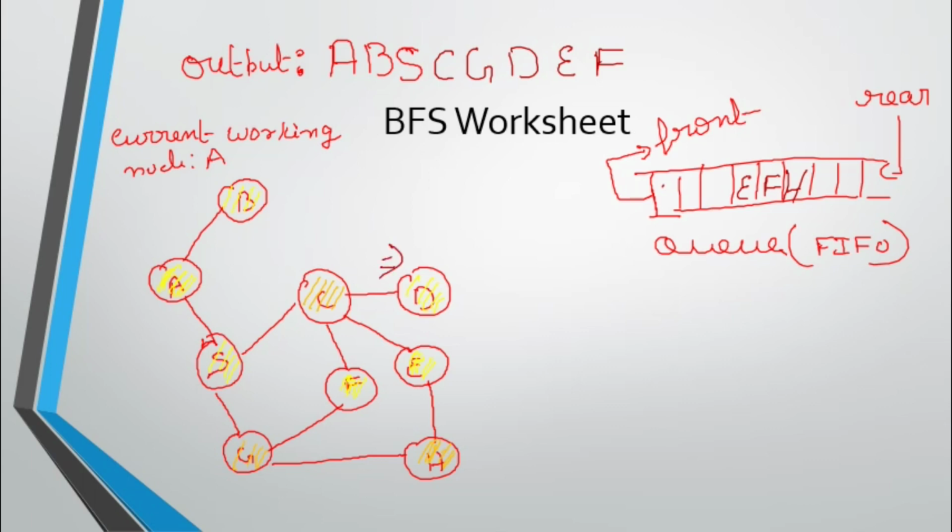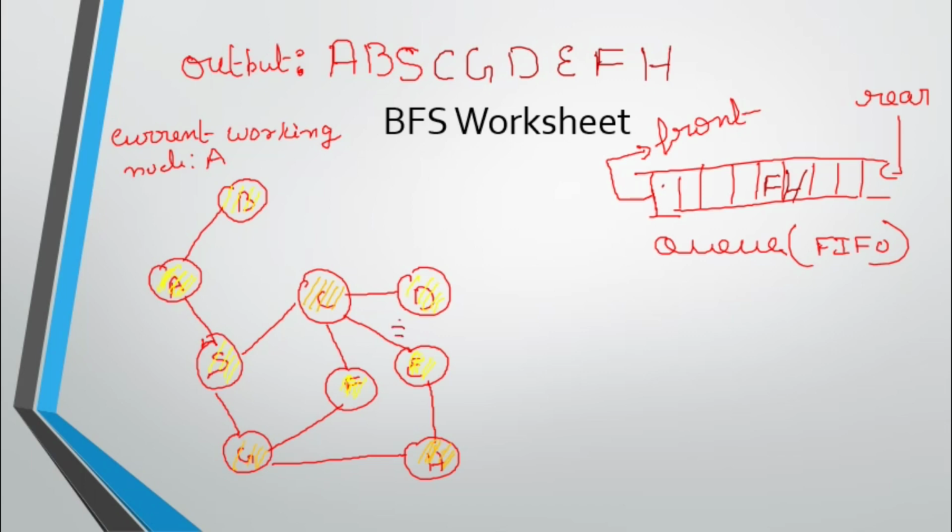Students, remember, after you add E and F, from G you went to H. When you add H into the queue, remember to add it into the output sequence also, so H is also visited. Now you are in D, and from D there is no new vertex, so you have to come back. How to come back? You have to see the queue. In the queue you come back to E, because E is there in the queue. So make E the current working node now.